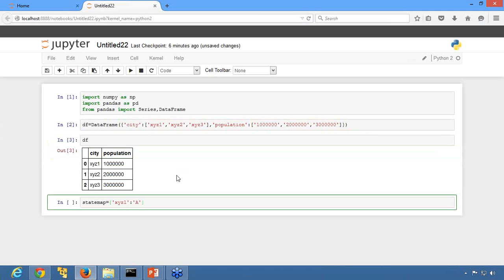Okay, then xyz2 is equal to, let's say, b, and then xyz3, let's say, is c. Okay,